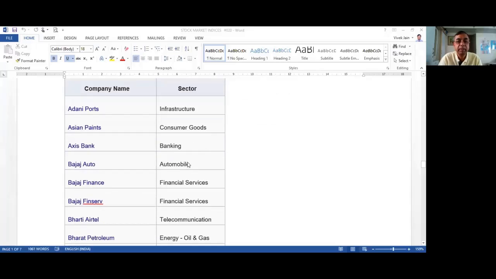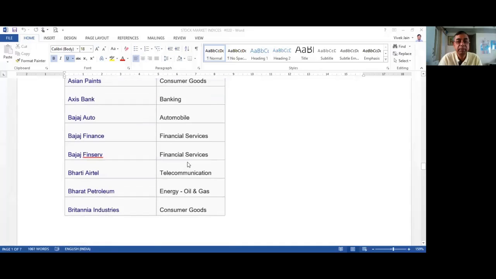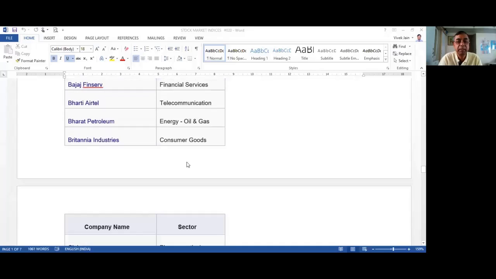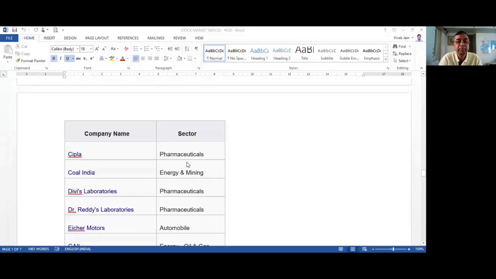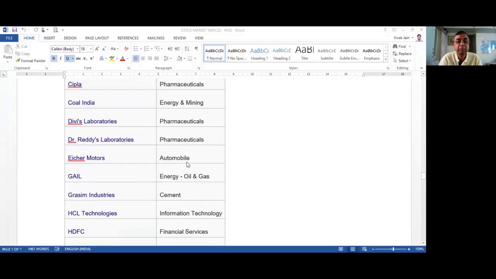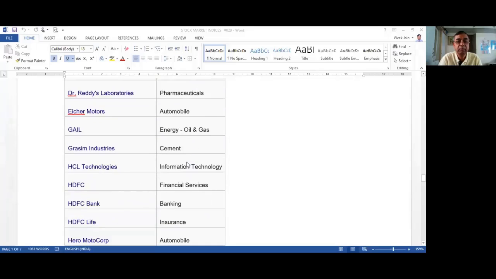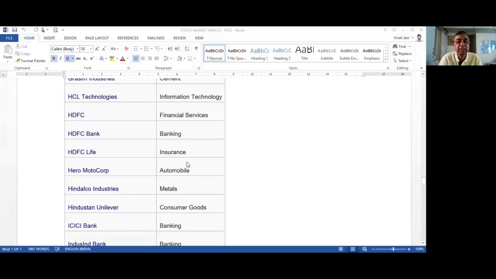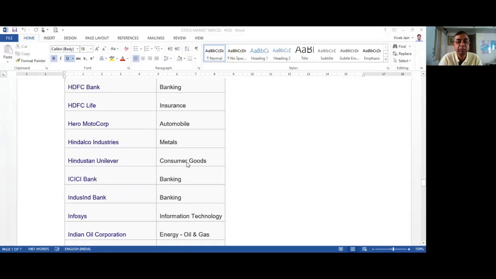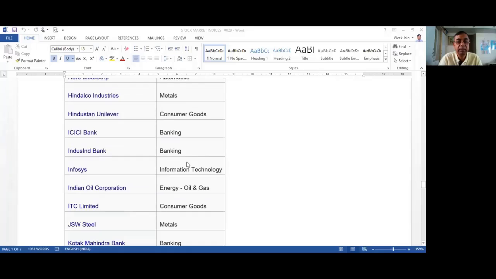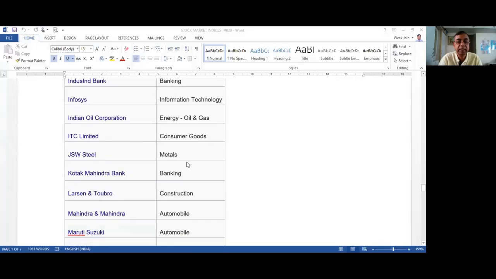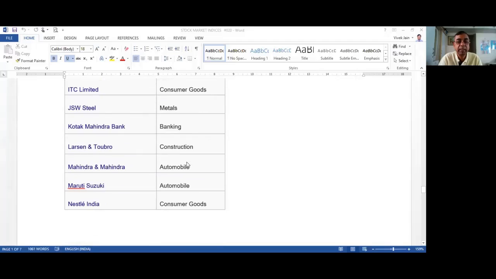I'm just reading them. Adani Ports, Asian Paints, Axis Bank, Bajaj Auto, Bajaj Finance, Bajaj Finserv, Bharti Airtel, Bharat Petroleum, Britannia Industries, Cipla, Coal India, Divi's Laboratories, Dr. Reddy's Laboratories, Eicher Motors, Gas Authority of India Limited, known as GAIL, Grasim Industries, HCL Technologies, HDFC, HDFC Bank, HDFC Life, Hero MotoCorp, Hindalco, Hindustan Unilever, ICICI Bank, IndusInd Bank, Infosys, IOC, ITC, JSW Steel, Kotak Mahindra Bank, Larsen and